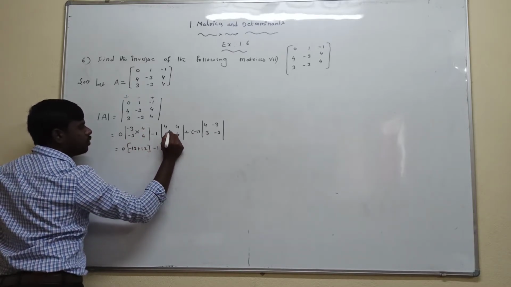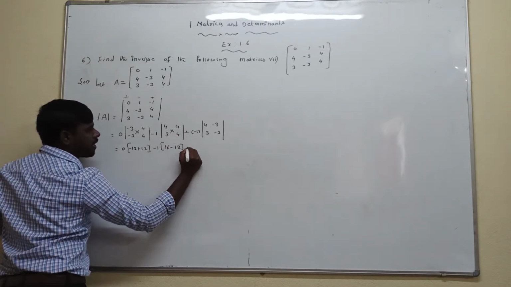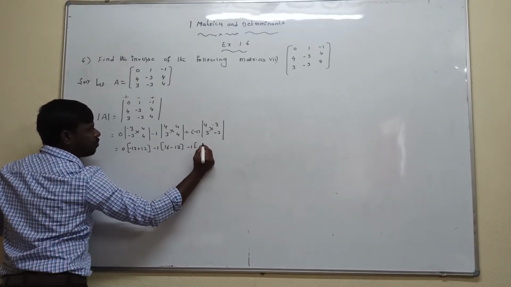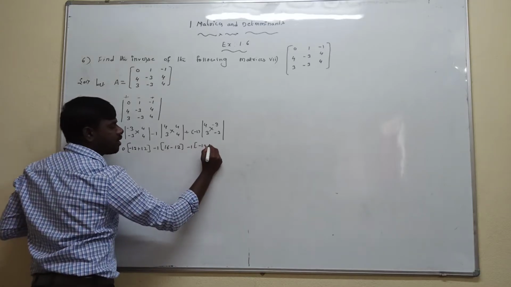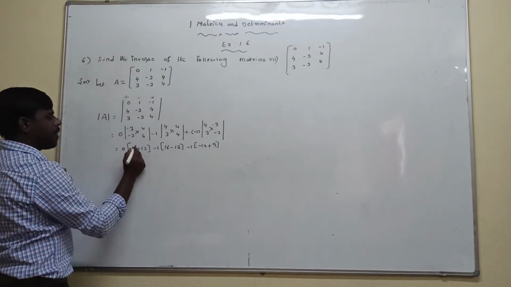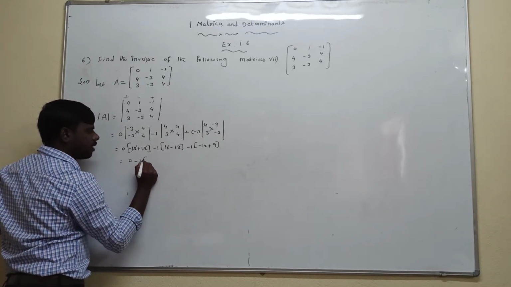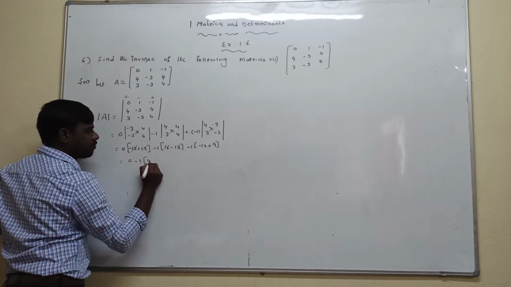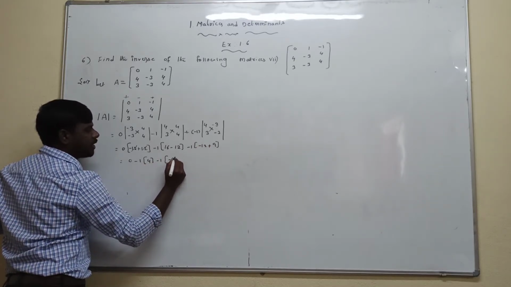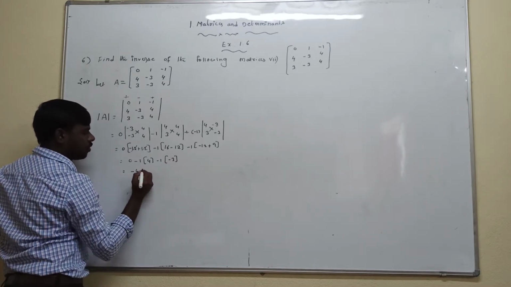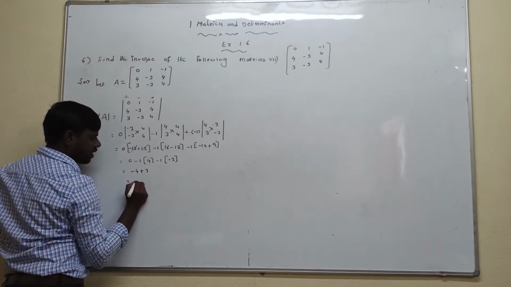Minus 1 into 4 into 4 is 16. 3 into 4 is 12. Plus into minus 1, that is minus 1. 4 into minus 3 is minus 12. Minus 3 into minus 3 is 9. Minus of minus is plus 9. Now minus 12 plus 12 gets cancelled. 0, and everything's value is 0. Minus 1, 16 minus 12, that value is 4. Minus 1 into minus 12 plus 9, that value is minus 3. Now, minus 4 minus 1 into minus 3, that value is plus 3. Minus 4 plus 3, that value is minus 1.